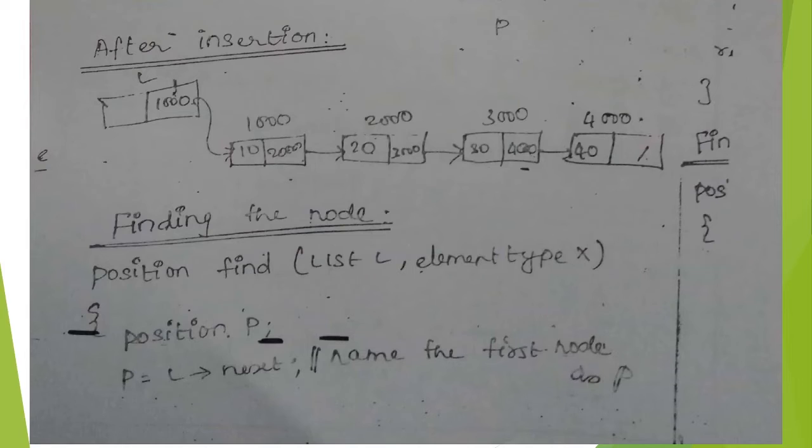Next one is finding the node in the linked list. For this, the subroutine find-of is used. We are passing two arguments for this, the current list L and data X, and we declare a new node P and we check whether P is available in the list L. First we assume L's next value as P.